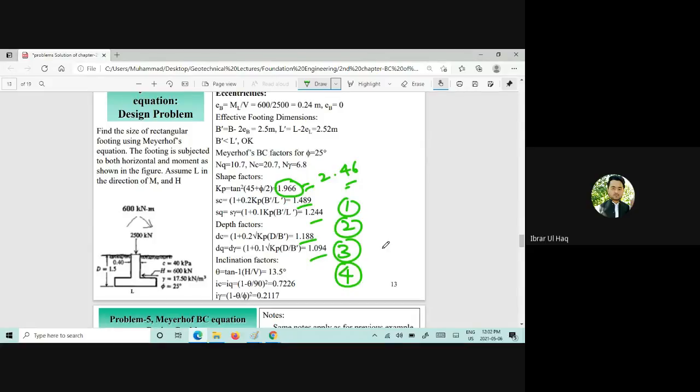सर, जो कैलकुलेशन है डेप्थ फैक्टर्स के लिए डी सी, डी क्यू और डी गामा, उसमें इन्होंने 2.46 ही यूज किया है, मतलब आंसर सेम आ रहा है। अच्छा, बाकी सारे क्वेश्चन सही हैं, सिर्फ यहाँ पे एक mistake है। अच्छा, बाकी डेप्थ फैक्टर्स सही हैं, ठीक है, मैं सर को बता दूंगा। वैल्यू ये जो है ये चेंज कर लें, ठीक है।